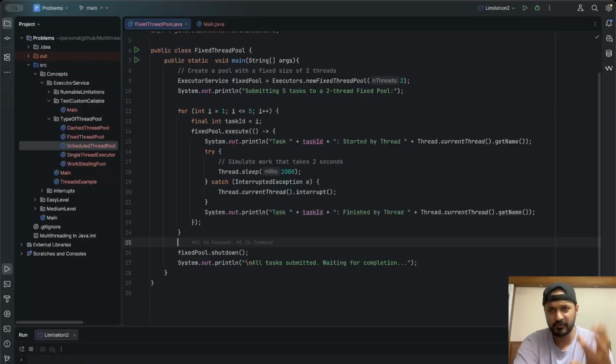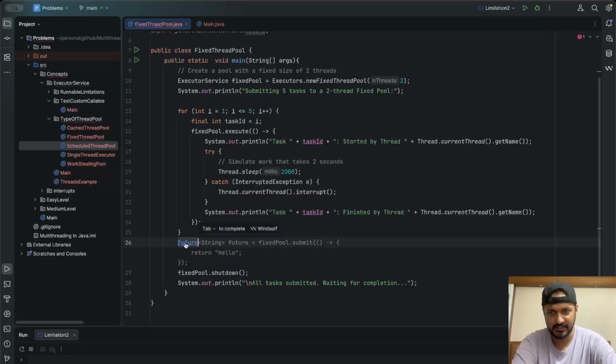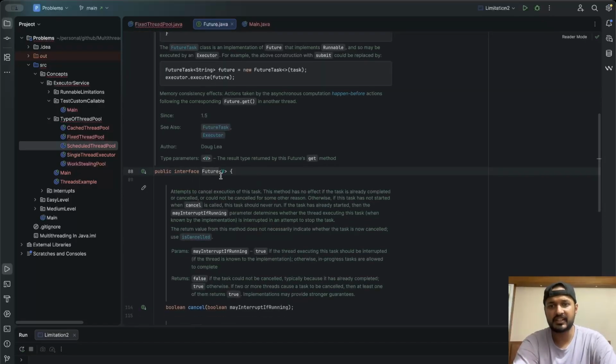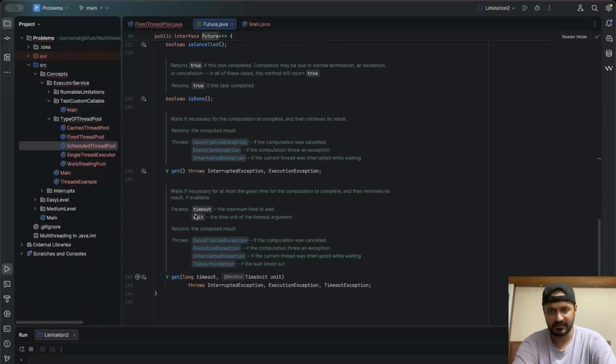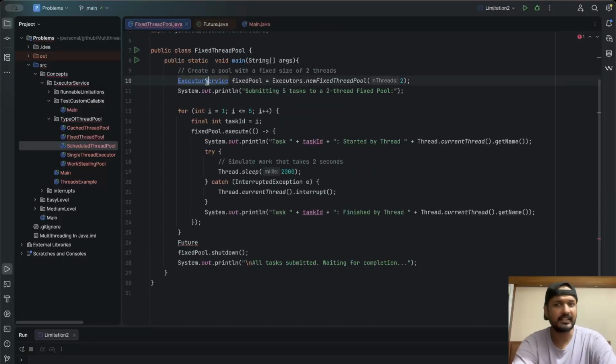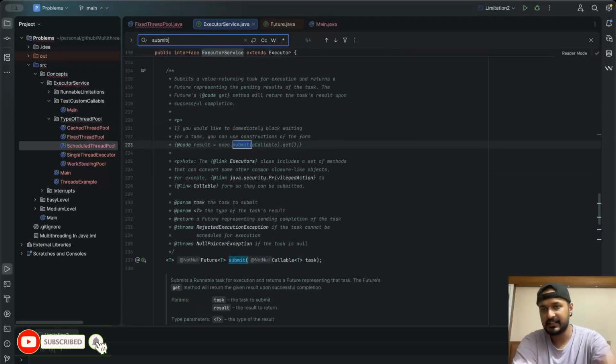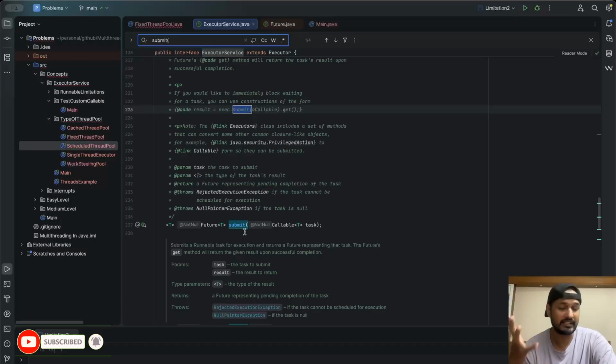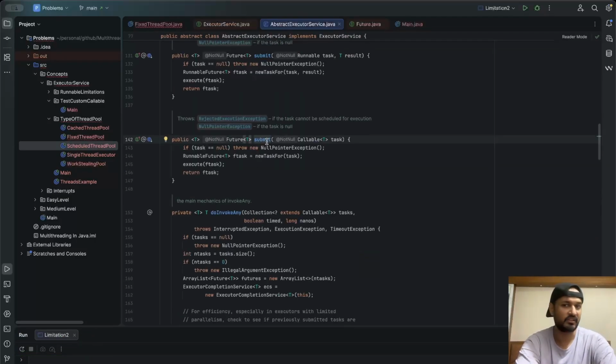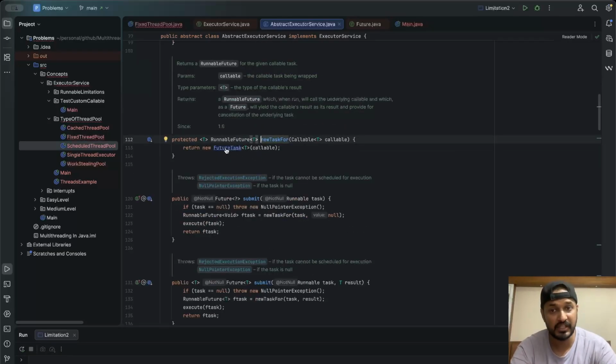Okay. So before moving forward, let's see how the Future interface looks, right? So if I write Future here and go inside, you will see Future is an interface which contains lots of methods, right? Also, if I go inside the ExecutorService and I type submit inside it, the submit is actually used to submit tasks to the thread pool. So if I go inside the implementation of this, I have a return type of Future. Inside it, I have a RunnableFuture. Now if I go inside this method, I can see I have a FutureTask here.